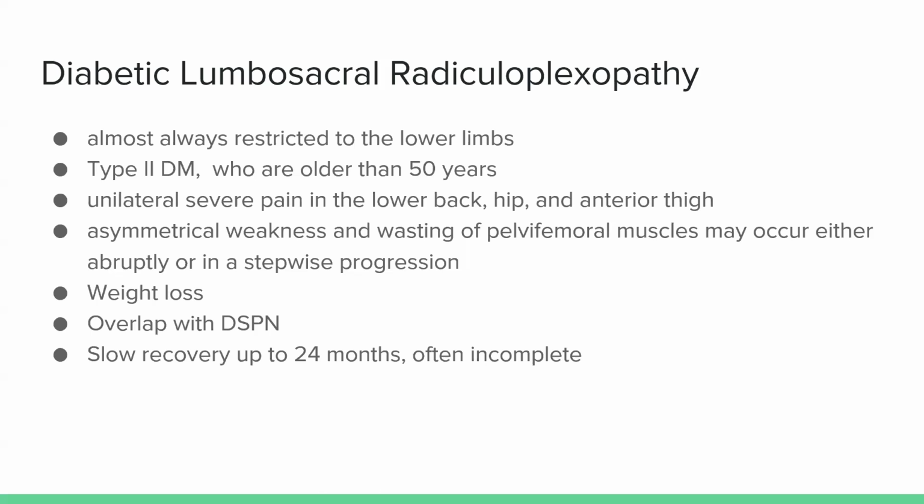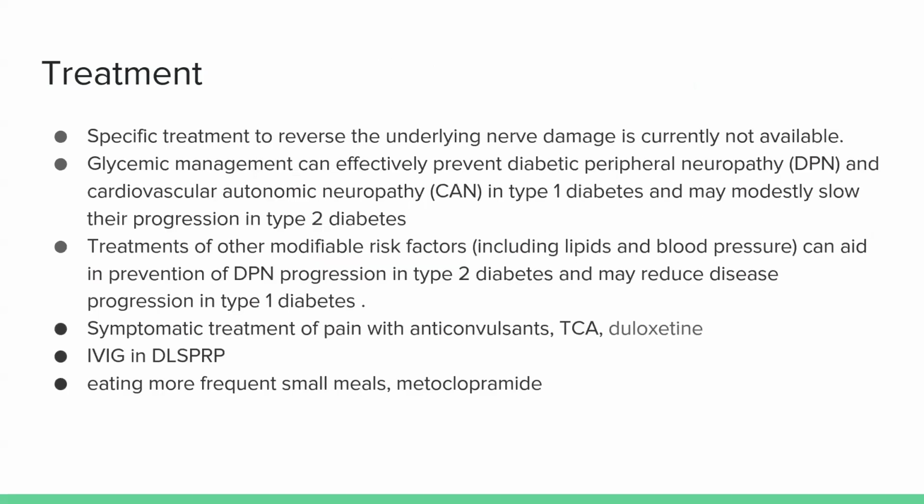There will be weight loss, and there is an overlap with the distal symmetrical polyneuropathy. Recovery is usually very slow and incomplete, and it can take up to 2 years for them to recover. Some patients might respond to IV immunoglobulin. So treatment-wise, specific therapy to reverse the nerve damage is currently not available. What we can do is